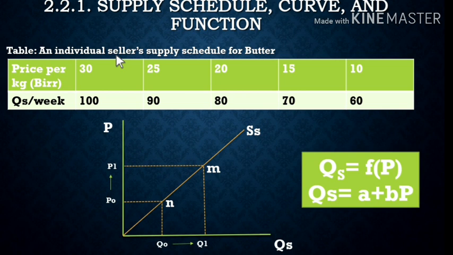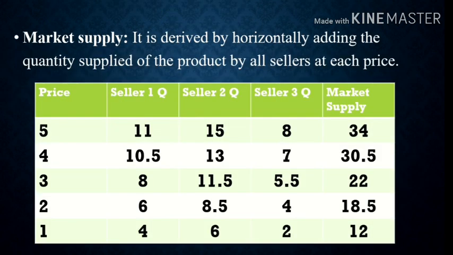Until now we have seen an individual seller ያየነው አይደል። በዲማንድም ጊዜ individual demand schedule አየን, demand curve አየን። አሁን let's show market supply እስቲ እናሳይ። Market supply ማለት ምን ማለት ነው? Okay, market supply ማለት it is derived by horizontally adding the quantity supplied of the product by all sellers at each price። በእያንዳንዱ price ላይ, at each price, seller 1 quantity supplied የሆነ amount, seller 2 at that price quantity supplied የሆነ amount, seller 3 የሆነ amount።